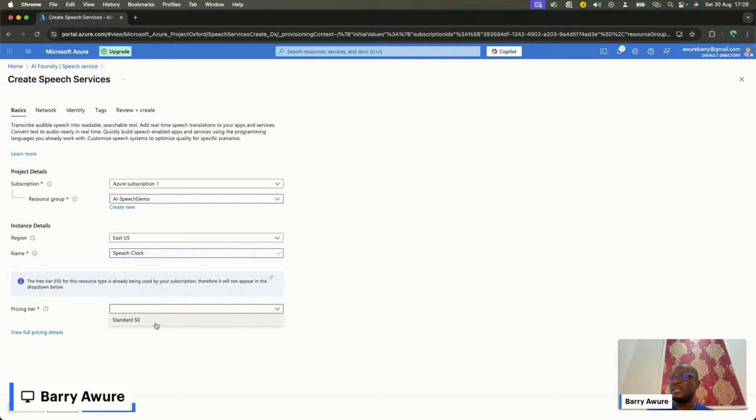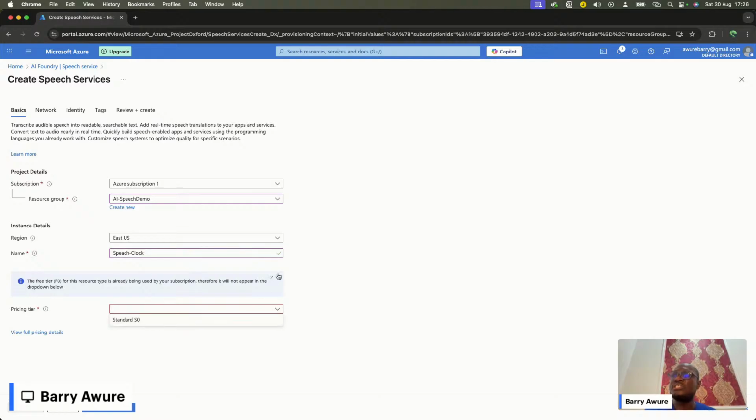Now this pricing tier speaks to what you'll be billed. Because we are running a free account, a free demo, we are just trying to practice, we are just trying to learn a bit about all this before we then advise our business to say, okay, fine, this is something that we can leverage, or this is something that will be beneficial to the business or to the application or to the service that we are running, right?